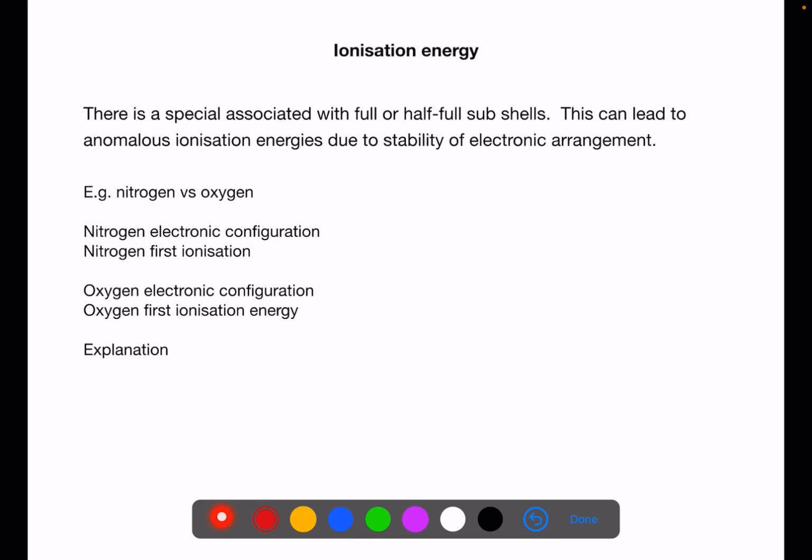So linking the periodic table to the electron arrangements, we can have a look at ionization energy. So there is a special stability associated with full or half full subshells, and this can lead to anomalous ionization energies because of the stability of the electron arrangement. So if we compare nitrogen and oxygen, nitrogen's electron configuration is 1s2, 2s2, 2p3, and it has an ionization energy of